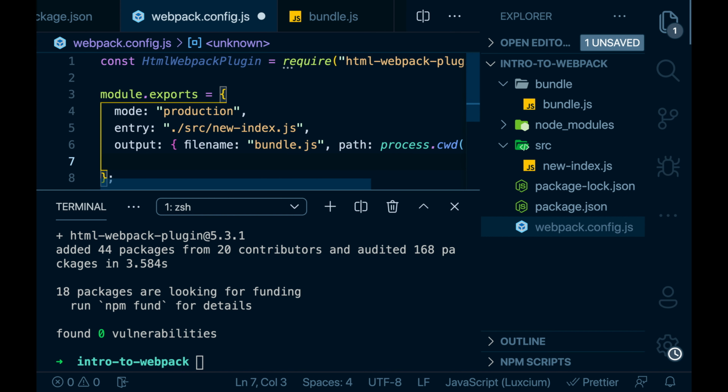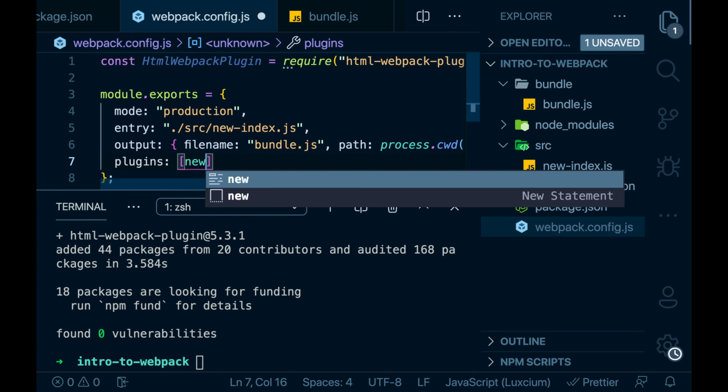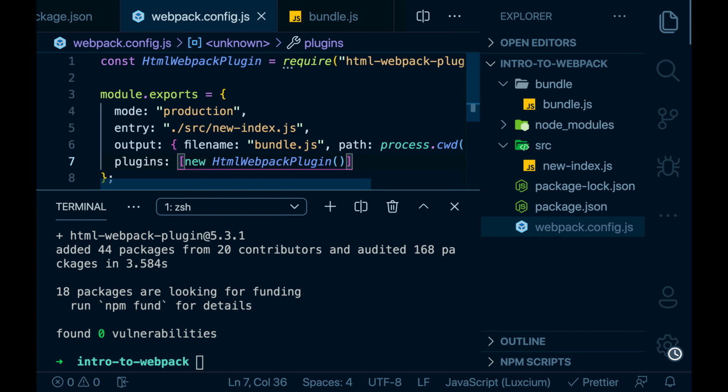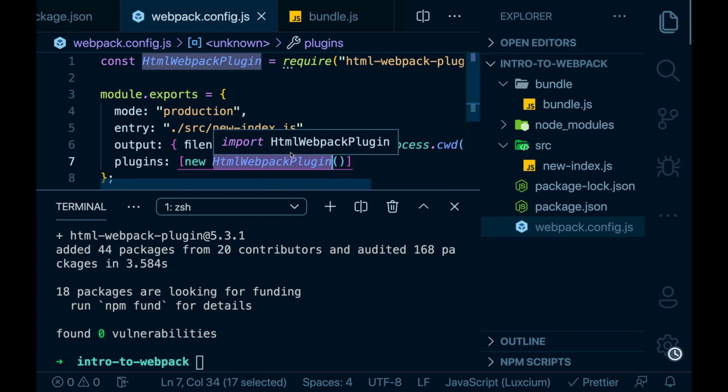I'll add a new property named plugins. It's an array, and I'll create the new instance of that plugin by saying new HtmlWebpackPlugin. Keep an eye on our bundle folder.